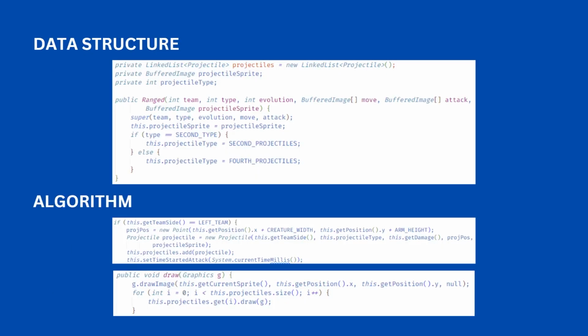Next, the data structure for projectiles and a simple string, and a for loop and switch with an array list to maintain the current node reference. Next,